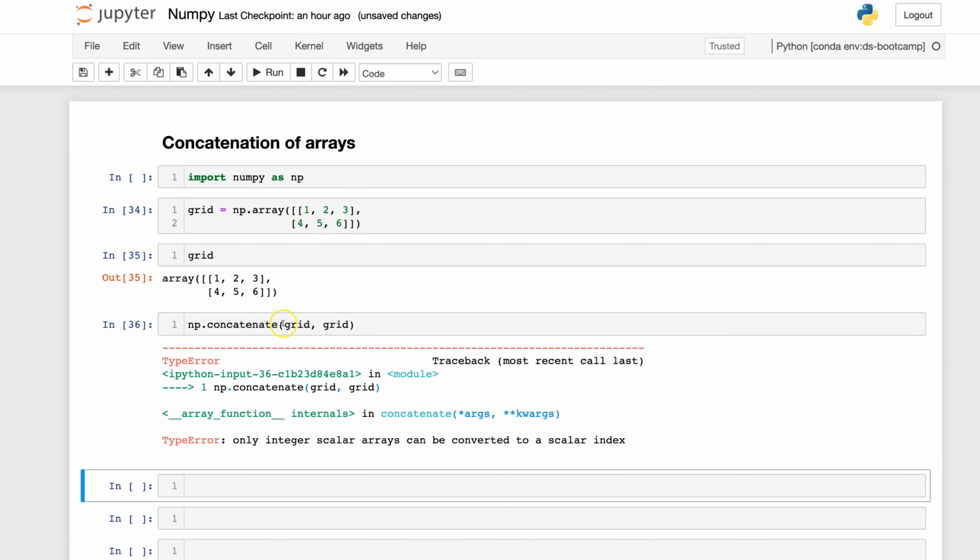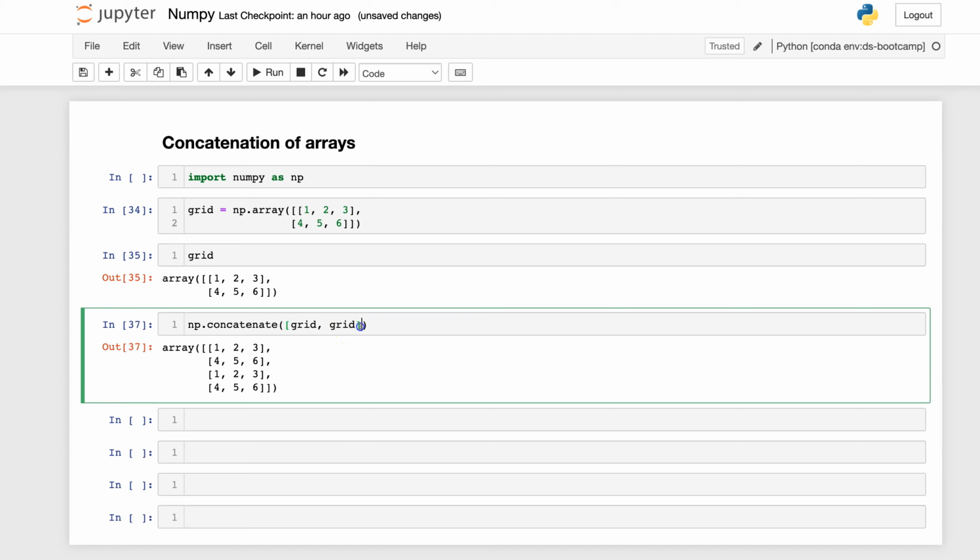So always remember, use the square brackets when you have to concatenate two-dimensional arrays, right? Even if you're using single dimensional arrays, always use square brackets. Not just these brackets here, but you have to use these square brackets. So np.concatenate grid comma grid,